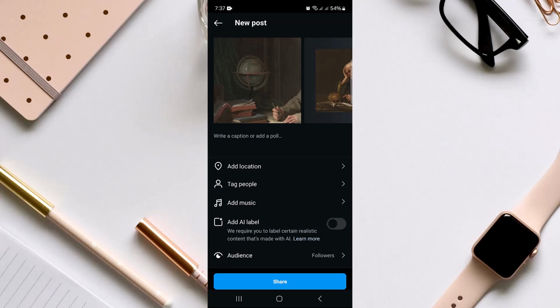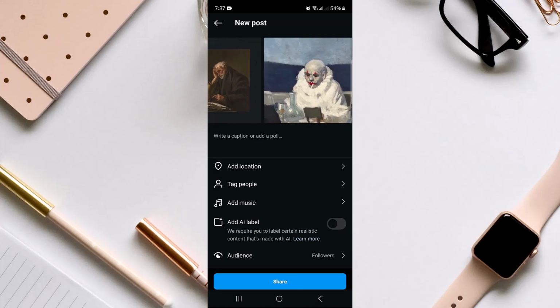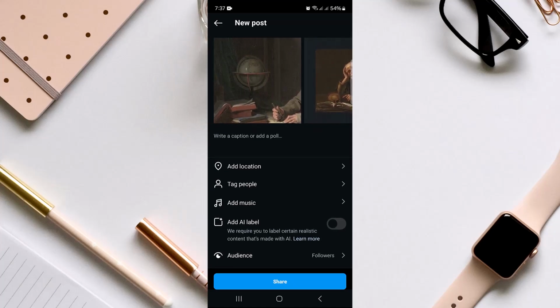In today's video you are going to see how to add a song to an Instagram post for multiple photos. As you can see, I have already selected multiple photos to post on my Instagram account, and once I am here in the new post section, I can see the option to add music,